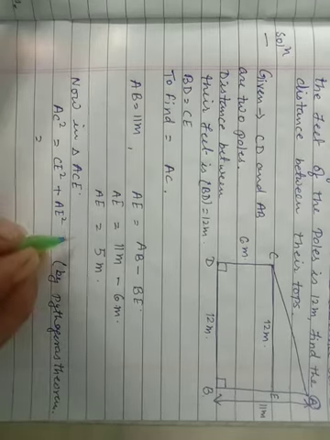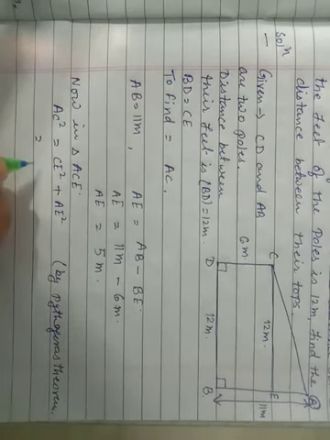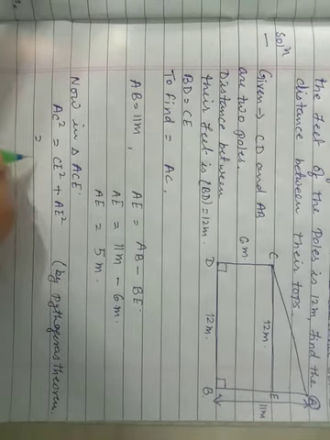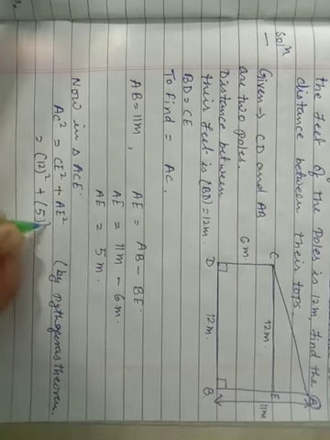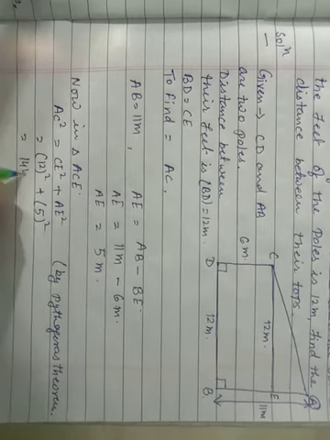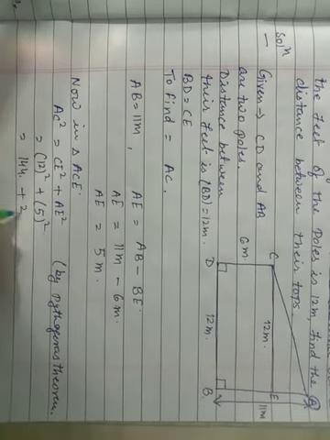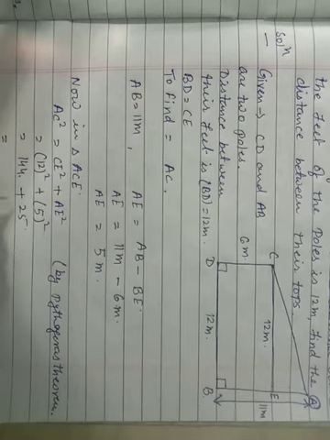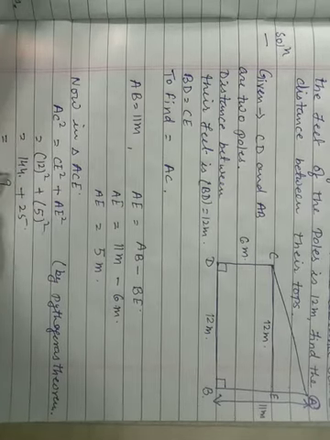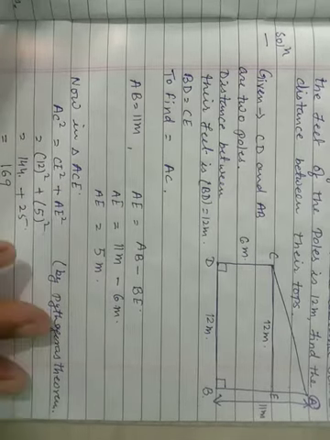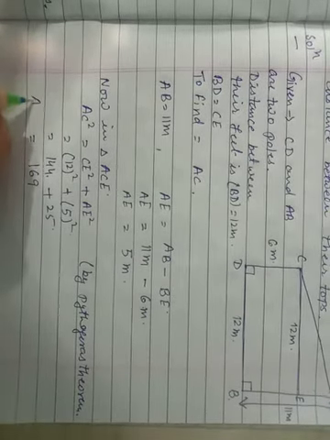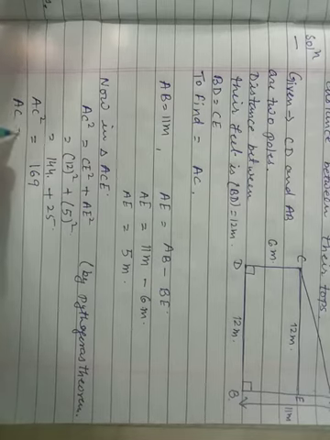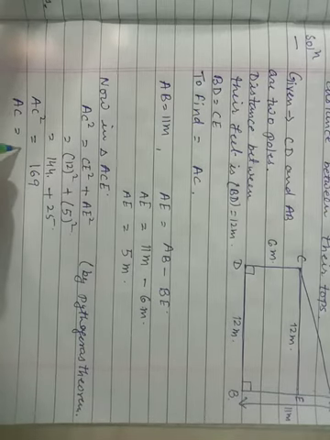So CE is 12 square, AE is 5 square. This is 144 plus 25 is equals to 169. AC square is equals to 169. So we can say that AC is equals to 13